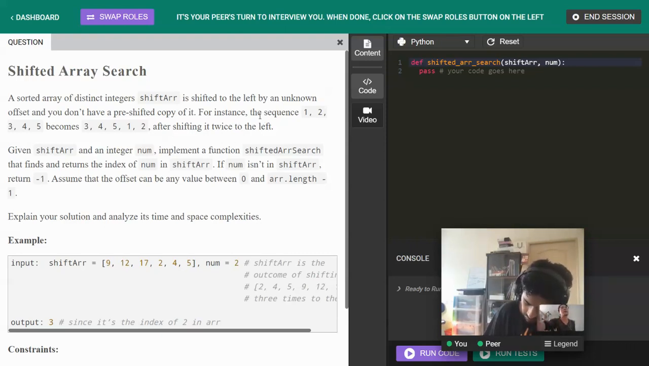1, 2, 3, 4, 5 becomes 3, 4, 5, 1, 2 after shifting it twice to the left. Given a shifted array and an integer num, implement a function shifted array search that finds and returns the index of the num in the shifted array. If num isn't in the shifted array,